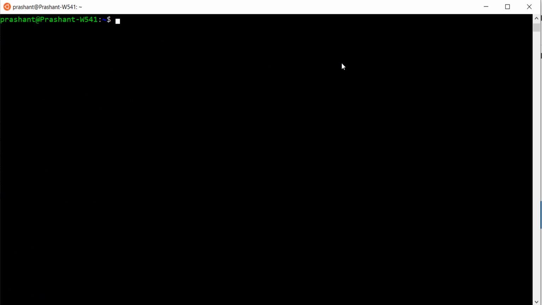That's all, your WSL is configured. And now you have Ubuntu running on your Windows machine. The next step is to check for JDK. Try this command.